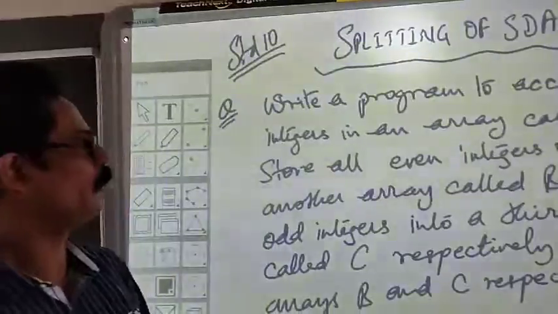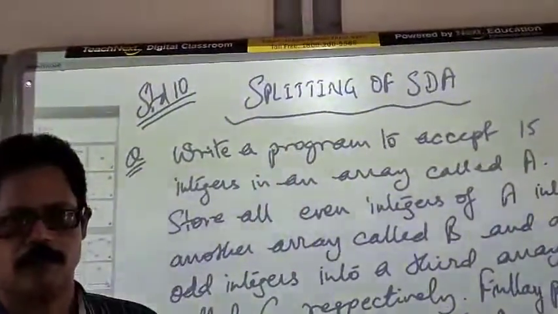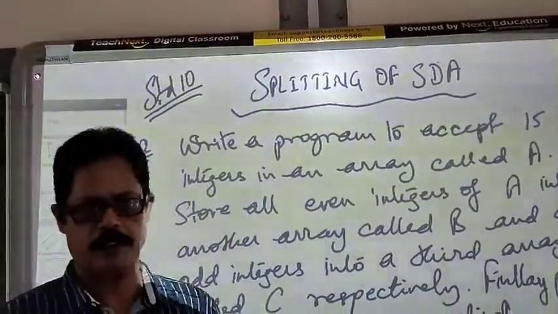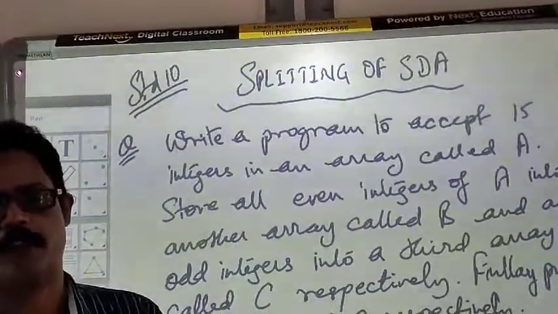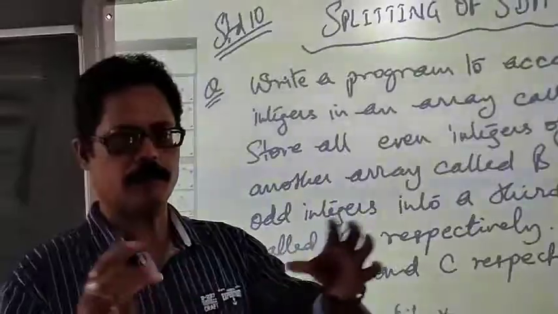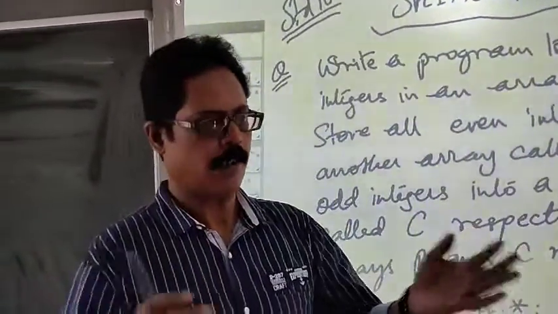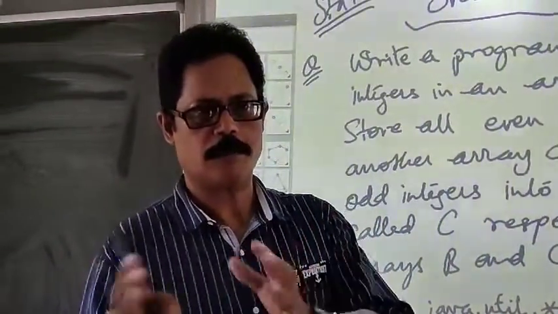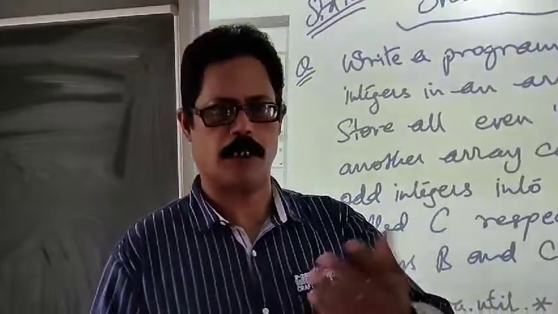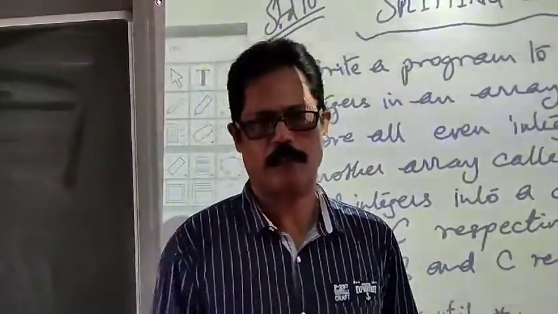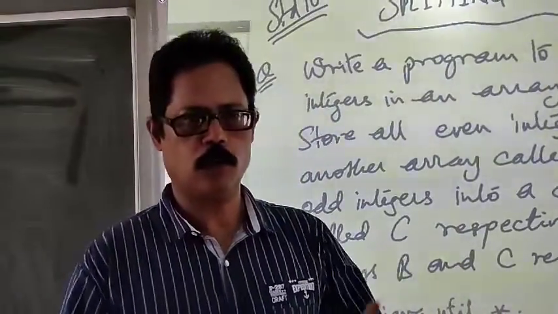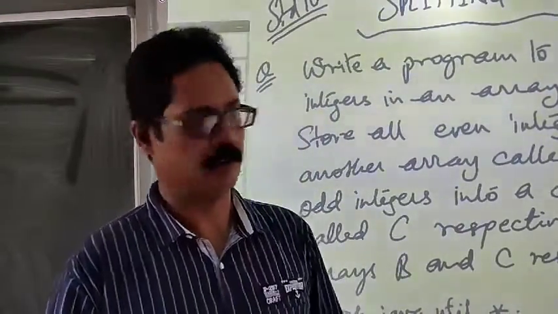Today we will discuss another topic, just as we did merging in single dimension array. Today we will do splitting of a single dimension array. Now we have an array of a certain dimension, and that can be broken down or subdivided into two or more parts. So that's called splitting. That is dividing an array into two or more component parts.